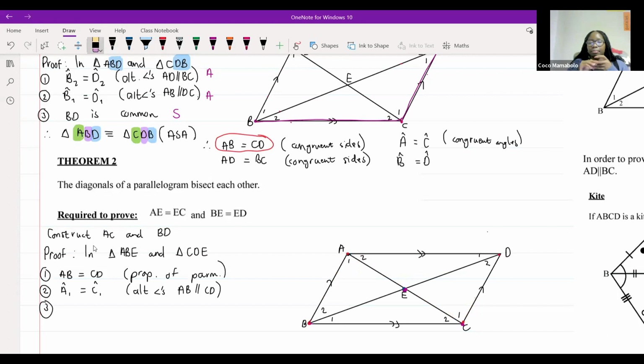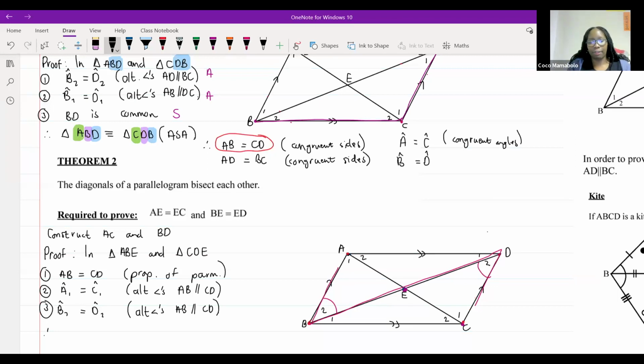What else, guys? B2 is equal to D2. AB is parallel to CD, absolutely. And then we'll get B2 is equal to D2, and the reason for that, again, is alternate angles. Beautiful. AB is parallel to CD. Excellent. Good. Now that we have all three,